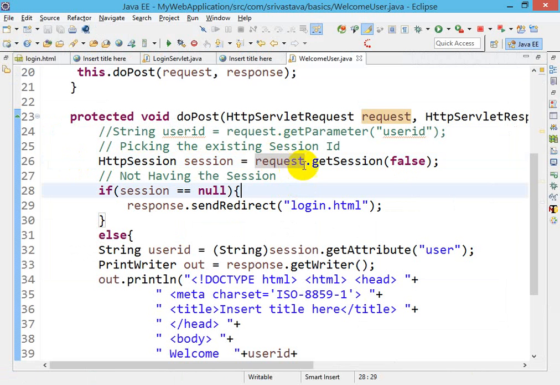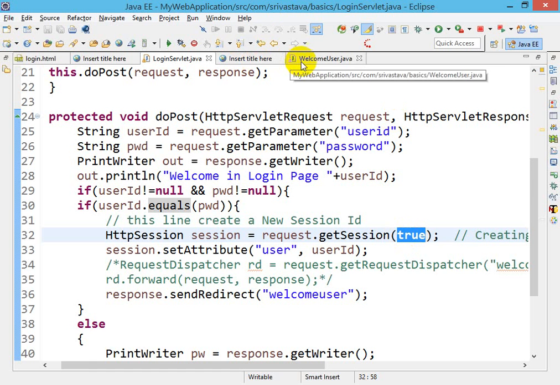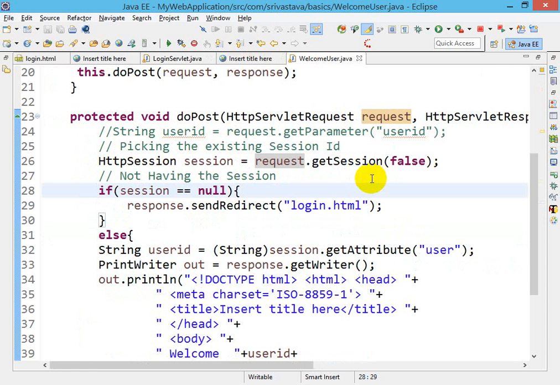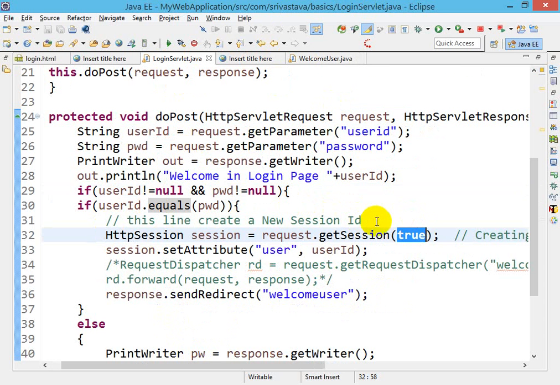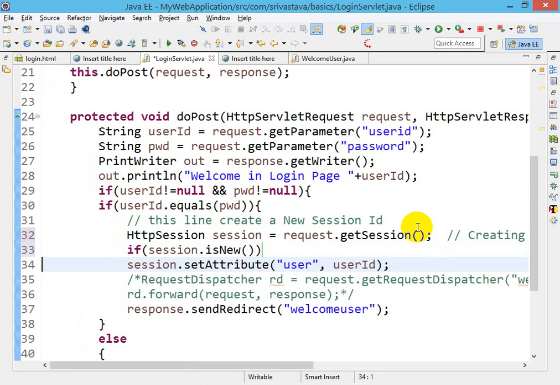There is another way, instead of using this true, because this is actually the best practice. When you use true, you are forcing it to create a new session, and when you use false, you are forcing it not to create a new one, but to use the existing one. So there is another way without using this true: you type if session is new. It means you are saying if it creates a new session here,